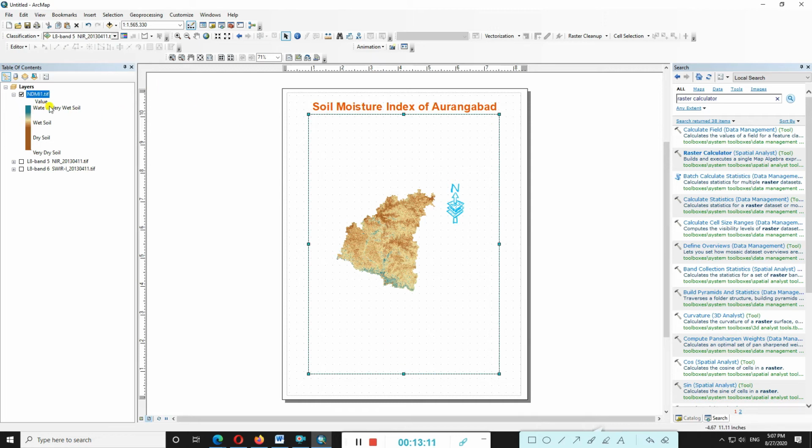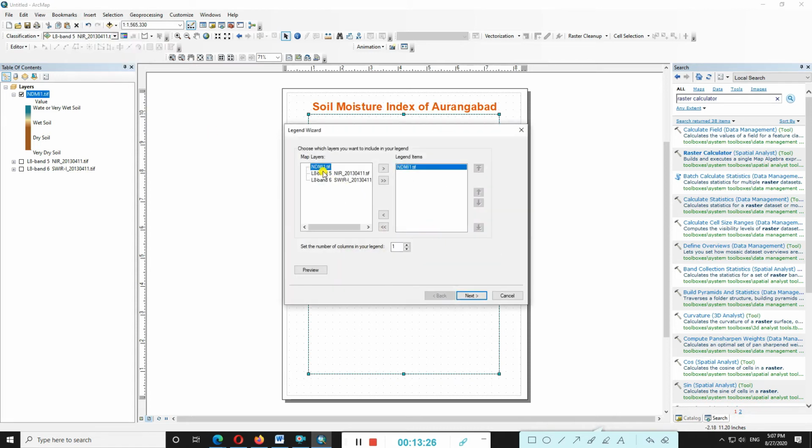And I want to add the values of water and very wet soils, dry, and this information to this map. Just inserting here. You can look here the legends, inserting the legend options. You just click on that. Which data information do you want to extract? So map layer first, NDMI1, so just click on that.